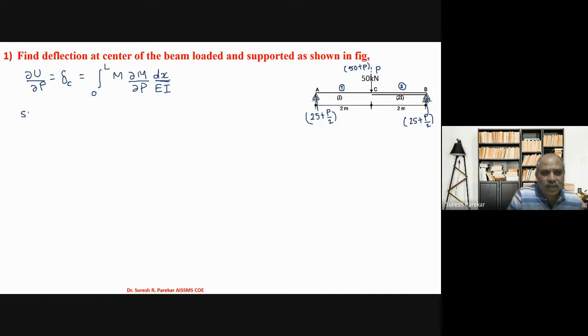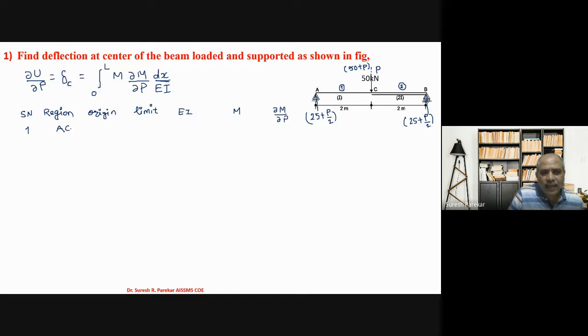So we have serial number, then we have region, then we have origin, then we have limit, then EI, then M, and then ∂M by ∂P. Likewise we have to go, so we will go with serial number 1. Region we have A to C,